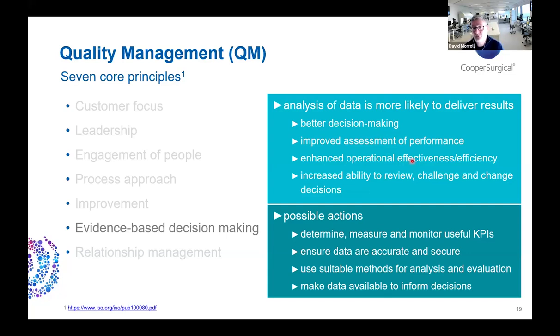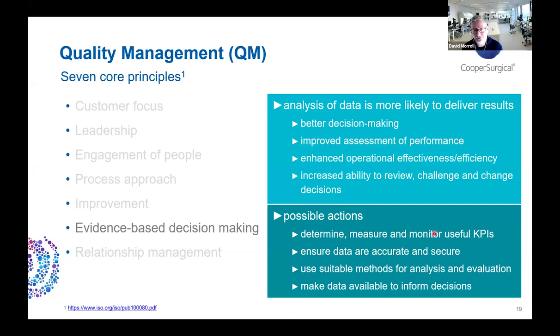But you could also talk about, is it done effectively in the minimum amount of time needed to be safe and effective, or is it minimum cost to be safe and effective? And what we want to do, what our actions are, is to determine, measure, and monitor useful